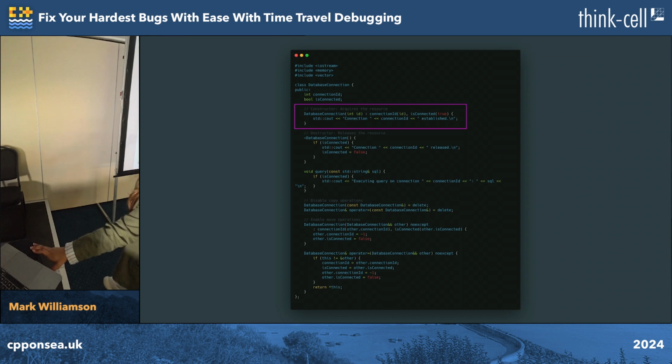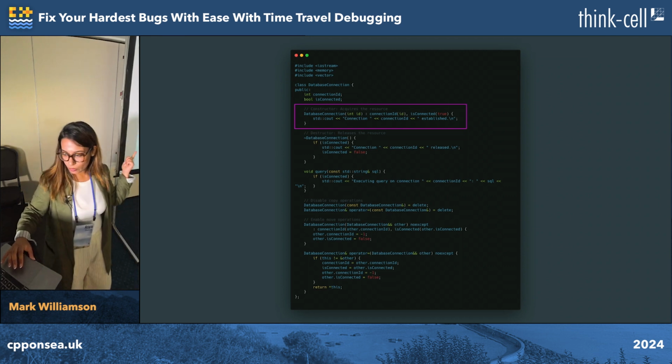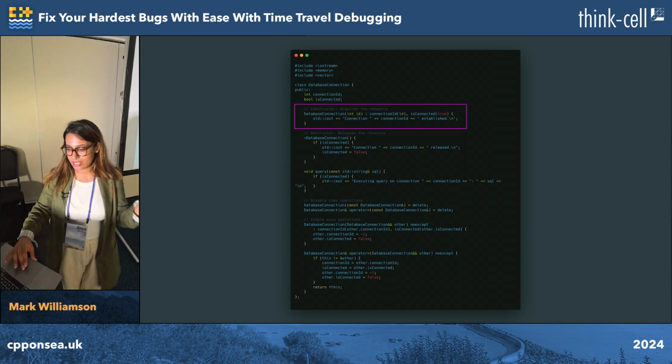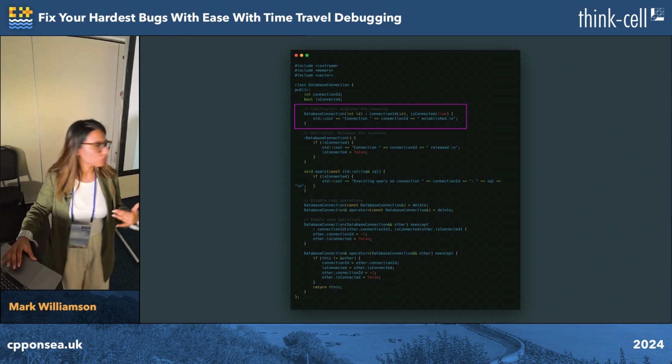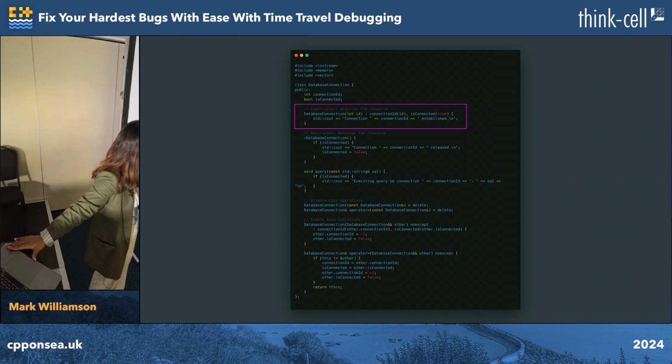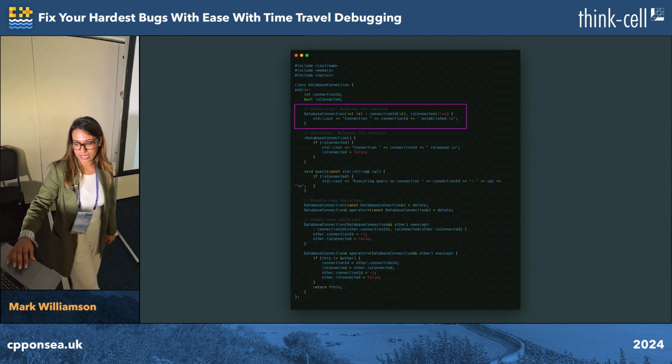But if you see at the very start, I have tried to create a class over here, which will be connecting with the resources. And then I've done the basic acquisition. So when this database connection object is created, the constructor tries to get the resource. I have passed over here the connection ID, as well as an attribute to see if we can establish a connection. And then I have done the initialization over here.